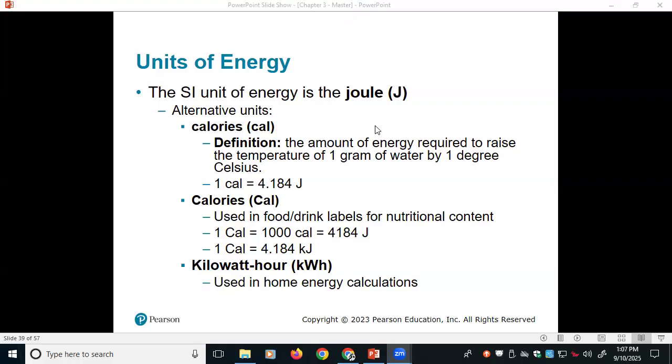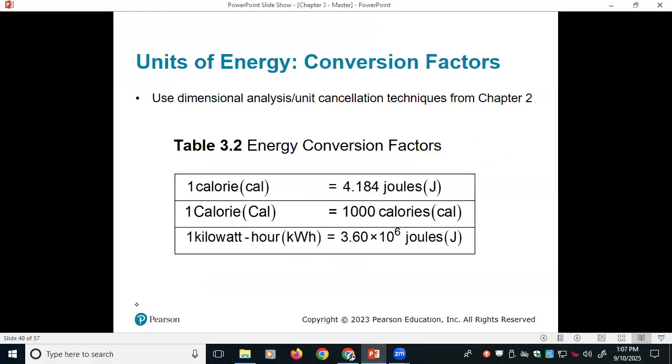But what we're going to find very quickly is that the joule is not the unit that we work with exclusively, nor is it necessarily the best unit for our purposes in this class. So let's look at some alternative units to the joule. Take, for example, the calorie. Now, one thing to be really careful about with calories is that calories can describe